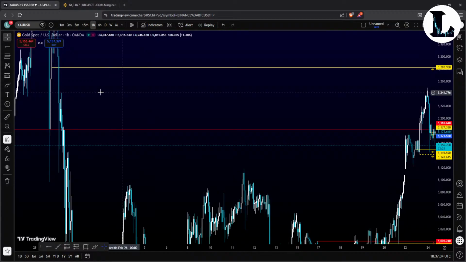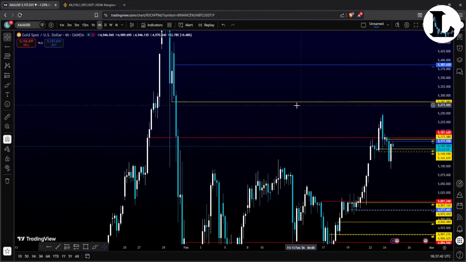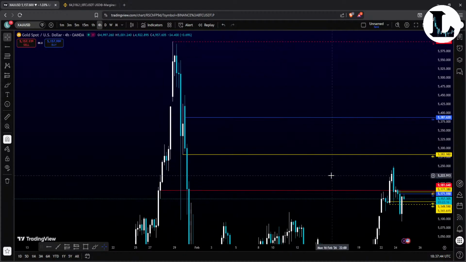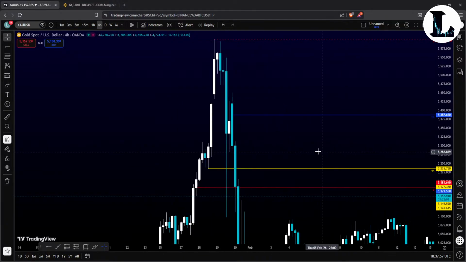It might be the break level on this 1-hour. This might be difficult for you guys to understand, but we have a 4-hour back here. So what this means,